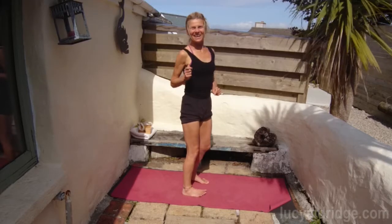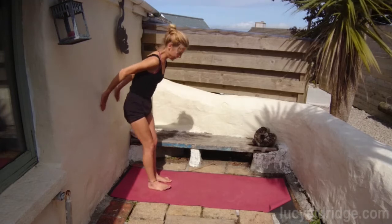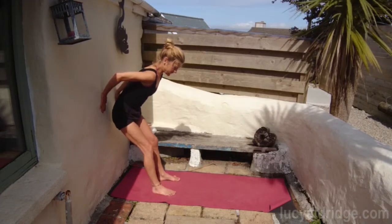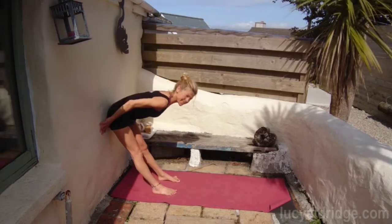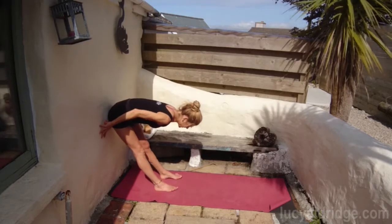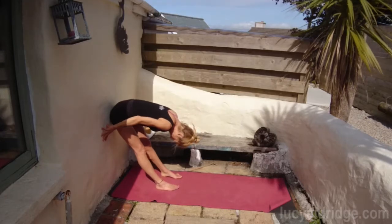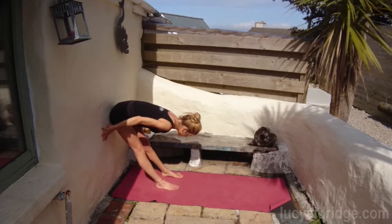Okay, we're going to do another one, but this time you're going to put your bottom in against the wall. So have your feet hip distance apart, rest on the wall, make sure it's a straight wall, not one of these wobbly Cornish cottages. If it is, you have to find the sweet spot where it's level. We've got wobbly floor,